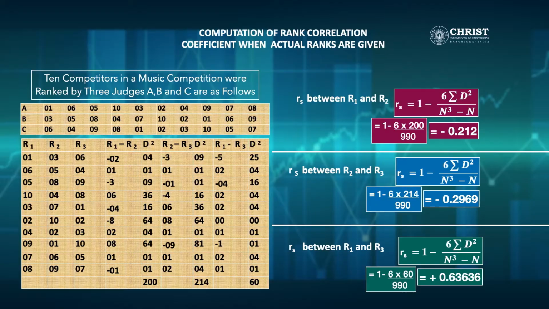That meaning we don't have to consider that. We are asked to find out the correlation coefficient where the judges have complete agreement, that meaning wherever we are getting positive correlation. So our conclusion can be that the agreement, common taste, is between R1 and R3. Because rank correlation for R1 and R2 is negative, they have no common taste in music. Second one, R2 and R3, is also negative. They have no common taste in music in the judgment. The rank correlation between R1 and R3 is positive. So the judges R1 and R3 have the nearest approach to common taste in music.